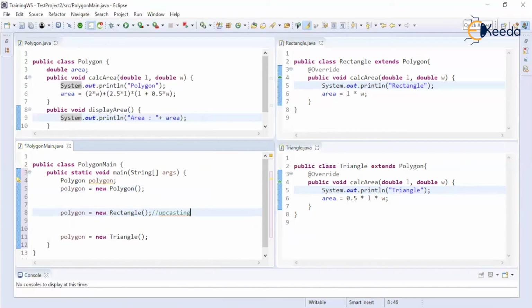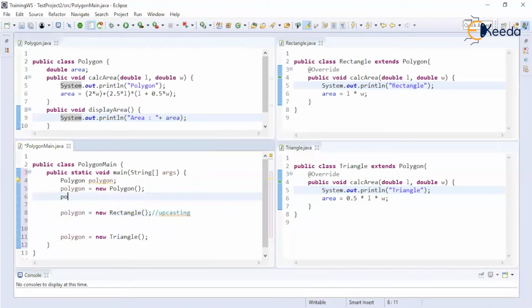When one type of data is being stored in another type of variable, it is termed casting, because Java is strongly typed. So, being a strongly typed programming language, once a variable is declared of a specific type, it can hold only that type. So, an object of a subclass being stored in a reference of a superclass. This casting, this data storage, is done in an upward direction. That's why it is termed upcast.